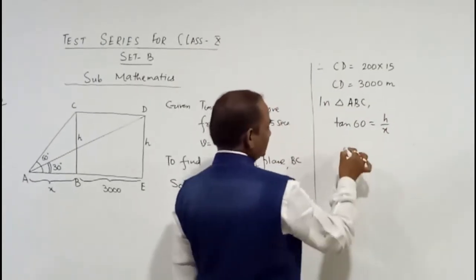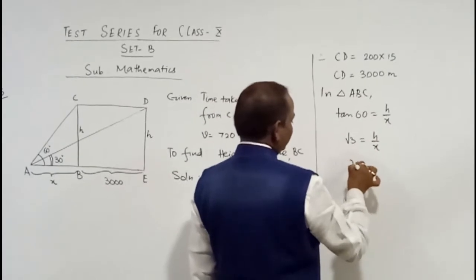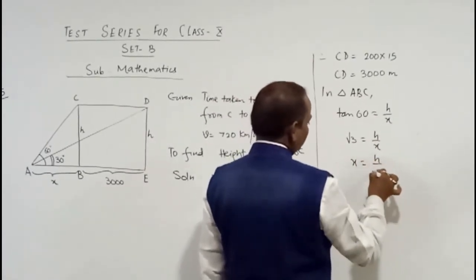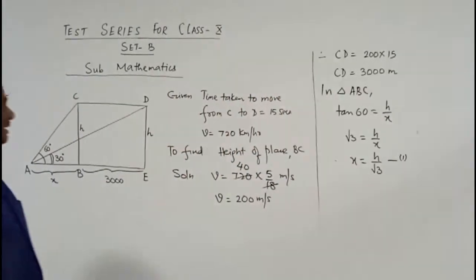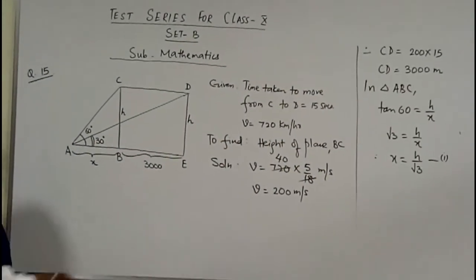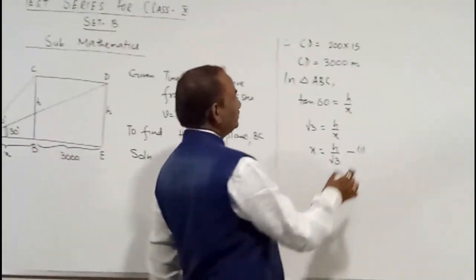The value of tan 60 is root 3, so root 3 is h upon x. So I can say that x is equal to h upon root 3. Let this be relation number 1, which will be used by us in the further part of the problem. Now, if I take triangle AED,